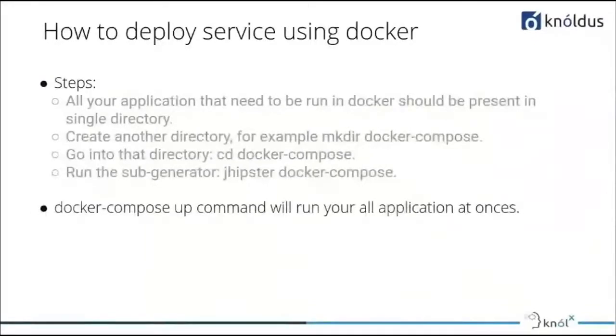So these are the steps that we can use to deploy our application through Docker Compose. It's a very simple step. We don't have to do anything much. Now here I'm just explaining the steps; in the demo I'm going to show you that. So we just need to make a Docker Compose repository, go to that Docker Compose directory, and then just type the jhipster docker-compose command. This command, as I have already explained, will generate a Docker Compose file, and in that Compose file, it has all the information on how the applications get started.